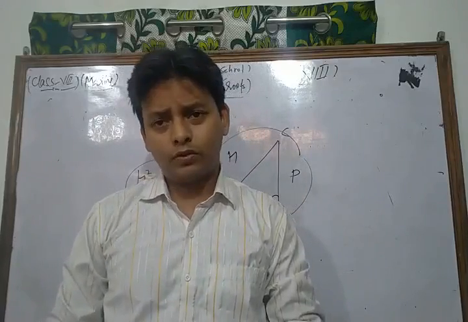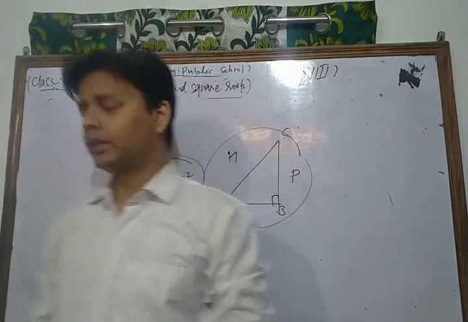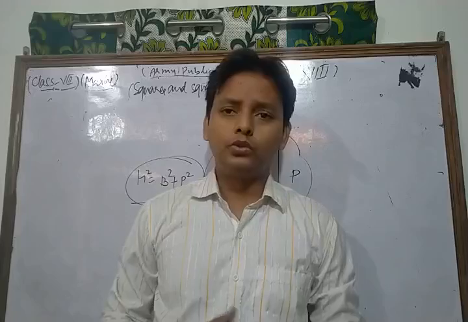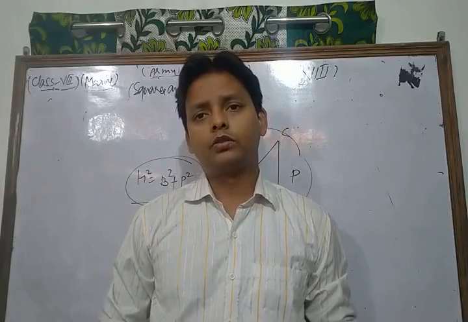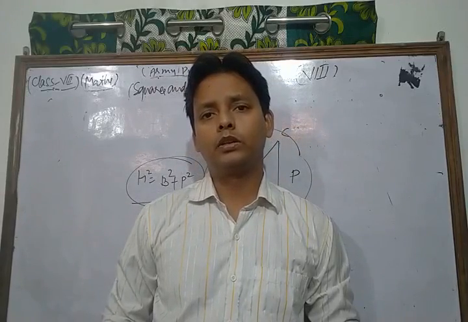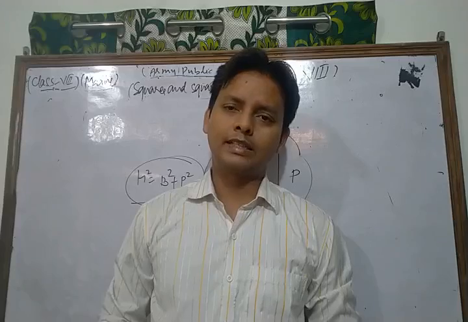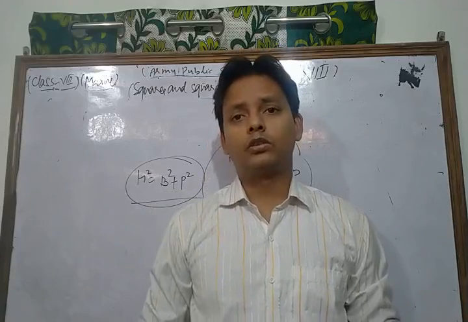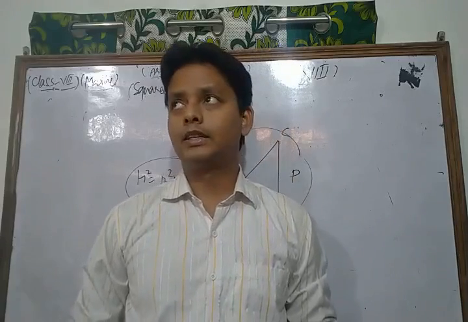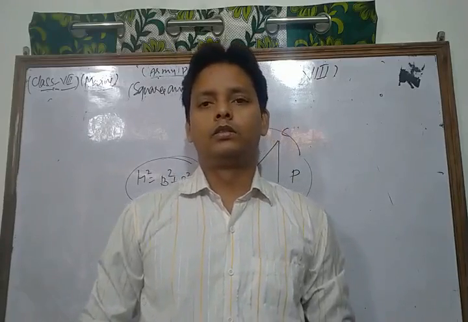Now first of all, you revise all the questions which we discussed in this class. After that, you can solve each and every question of your NCERT exercise based on the topic square and square root. Now in the next class, we take and solve some other important questions of your NCERT exercise based on these